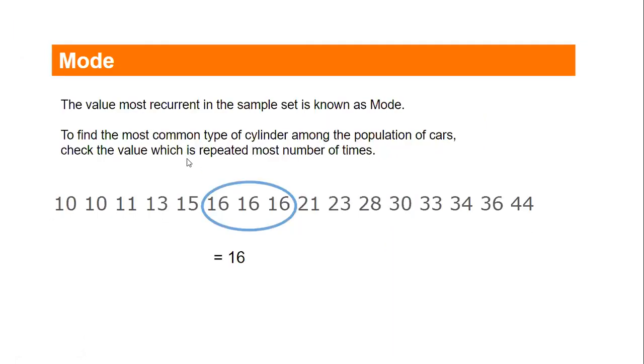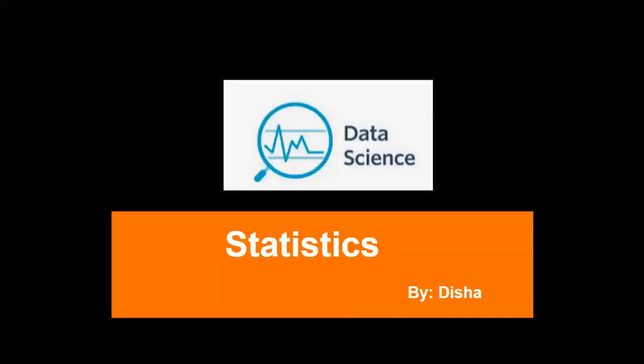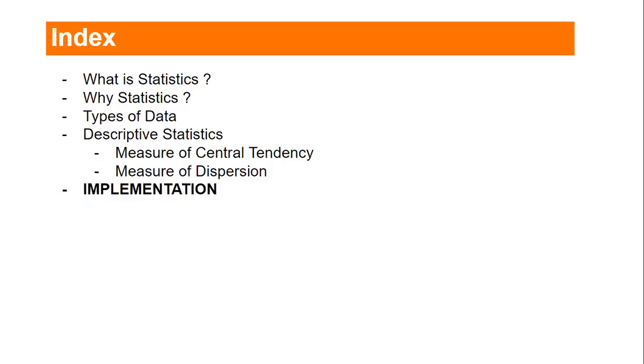Okay, so I'll stop here, with the measures of central tendency only. What we actually discussed today: what statistics is, why we use statistics, the different types of data, and the measures of central tendency, right? Tomorrow, in the next session, we are going to discuss the measures of dispersion, right?